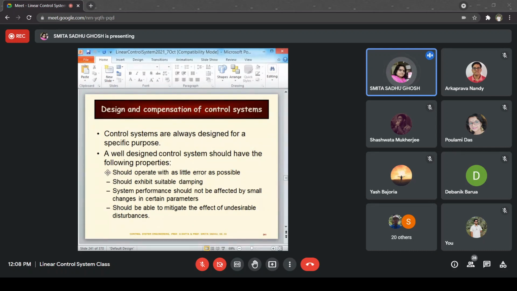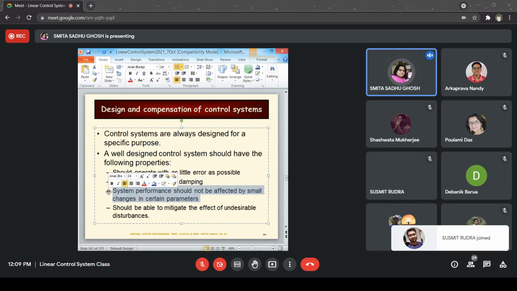Also, dynamic errors should be small. Dynamic errors means the error during the transient portion also should be small, meaning that it shouldn't have too much overshoot and undershoot, or even if it has a certain amount of overshoot and undershoot, those should settle down or die down quite soon, right? So that actually comes under the second point, that is, a well designed control system should exhibit suitable damping. The system performance should not be affected by changes in certain parameters, because we know that all systems are actually